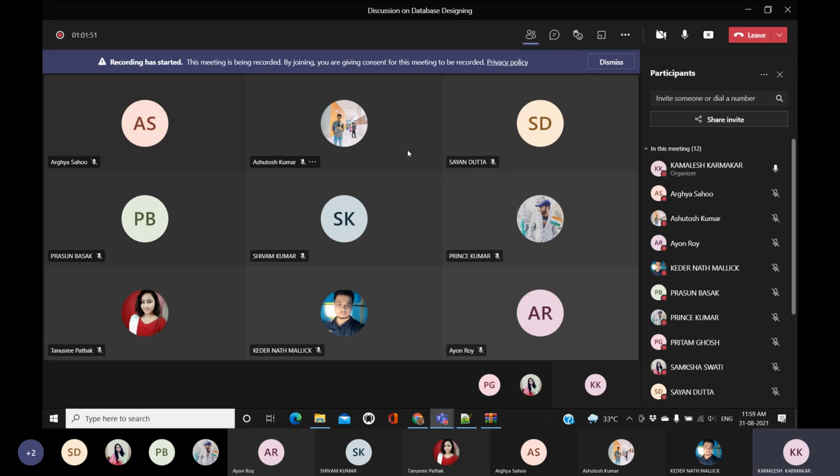Okay. Let's arrange the classes. Let's arrange the class, then the things will be sorted. ঠিক আছে, তাহলে আমি এন্ড করছি। You may continue discussion if you have anything to discuss, but I am leaving. I have another meeting from 12. Okay, sir. থ্যাংক ইউ স্যার।